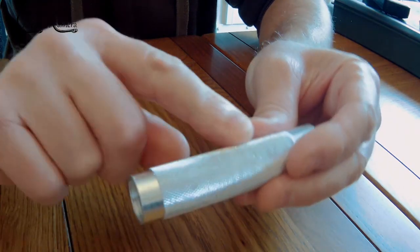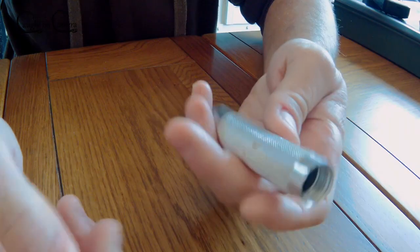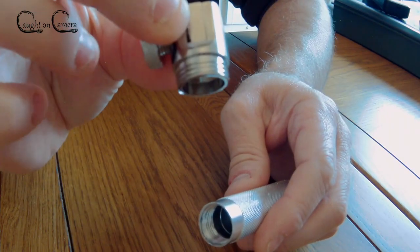Okay, so all it is, it's two parts. This is obviously the knurled bit there, gives you grip for when you're holding it. That's really lightweight. It feels like some kind of alloy, but you know, it's not going to break or anything. It's adequate. It's good. Then obviously the head there